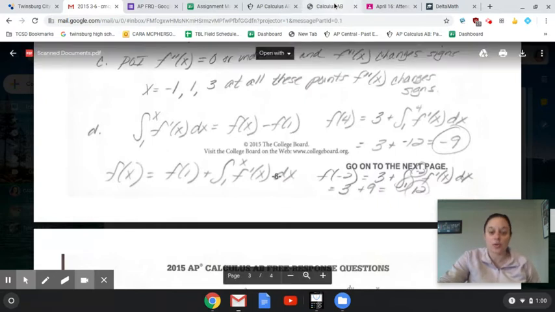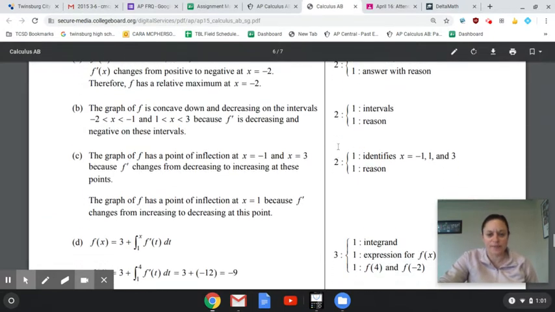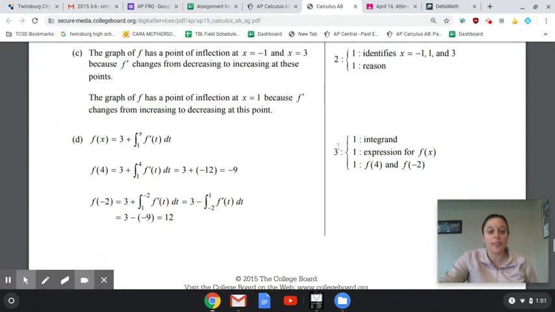So here's how they scored this. I thought this was the toughest part, and they did make it worth the most points. You got 1 point if you had your integral set up correctly. I think what that means is as long as you knew to integrate from 1 to some x value, the